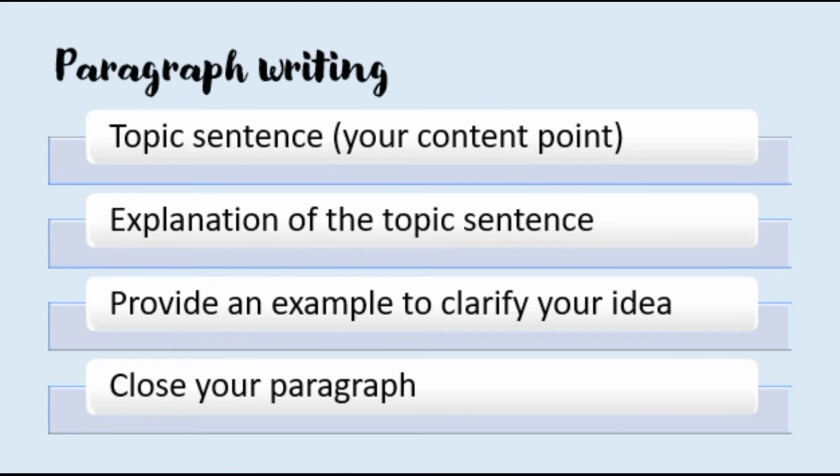After this, you have to make your topic sentence clear by adding some explanation. You can write about 2 to 3 sentences for this. Next is for you to give an example regarding this topic sentence. This is for you to clarify your idea even more, but don't forget to tie up this example